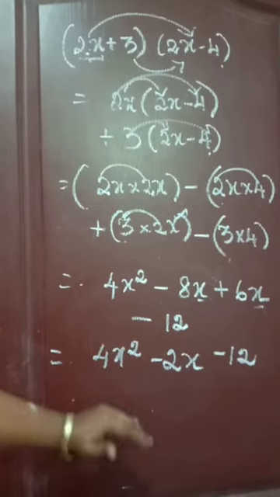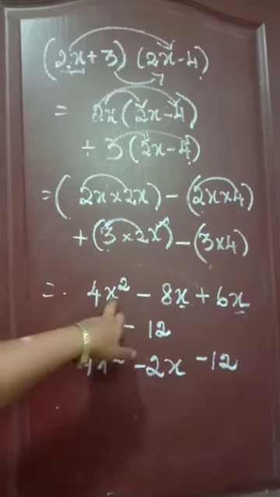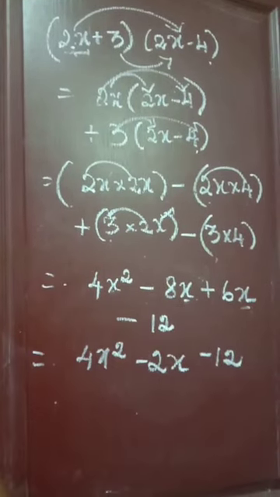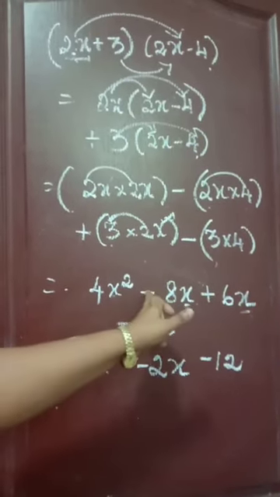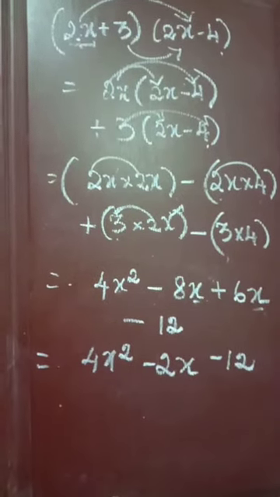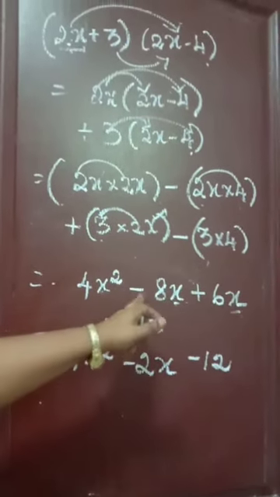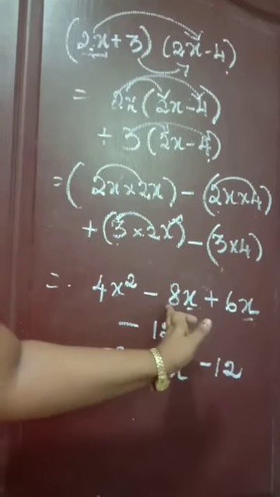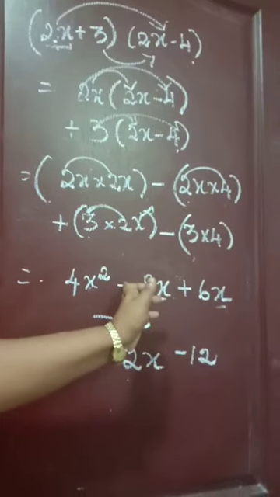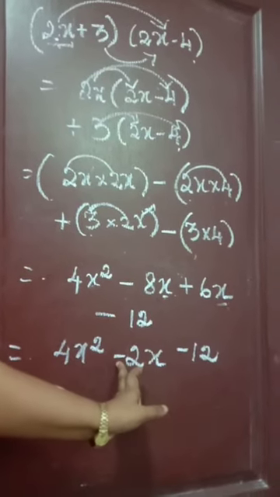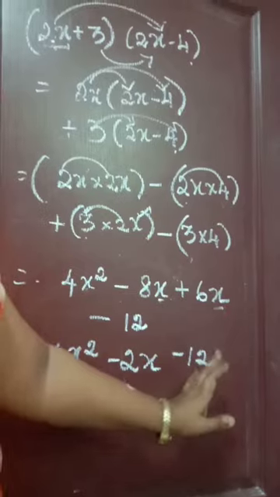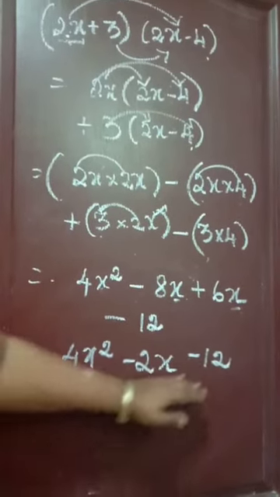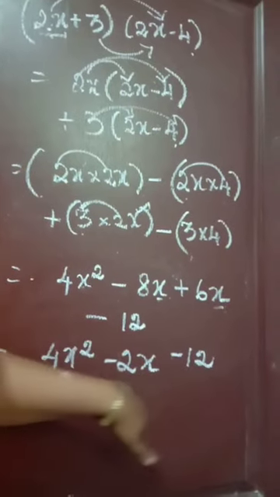Next, last step. This is the x square term. These two of them are x terms. Like terms means you add or subtract. Here one is plus, another one is minus, means we have to subtract. Subtract 8 minus 6 is 2, so I put 2 here. The greatest number is 8, and before 8 the minus symbol is there, so I put minus. Last one, minus 12. Here we don't simplify the sum further because all of them are unlike terms.